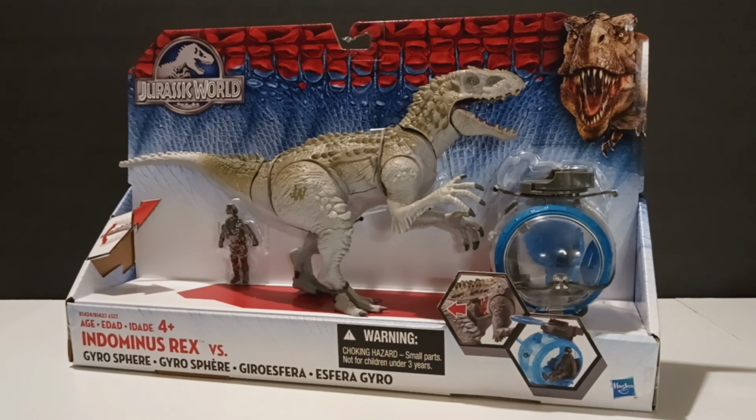I know that a lot of people hated these figures and talk ill about them, which is understandable because they weren't the best quality dinosaur toys that were produced, and Hasbro can do a better job. But my understanding at the time is that the reason they did it the way they did was because they didn't think it was going to make any money, the figures, let alone the movie. But I guess that proved them wrong, because pretty much these toys, as ugly and as bad as they were for what they were,